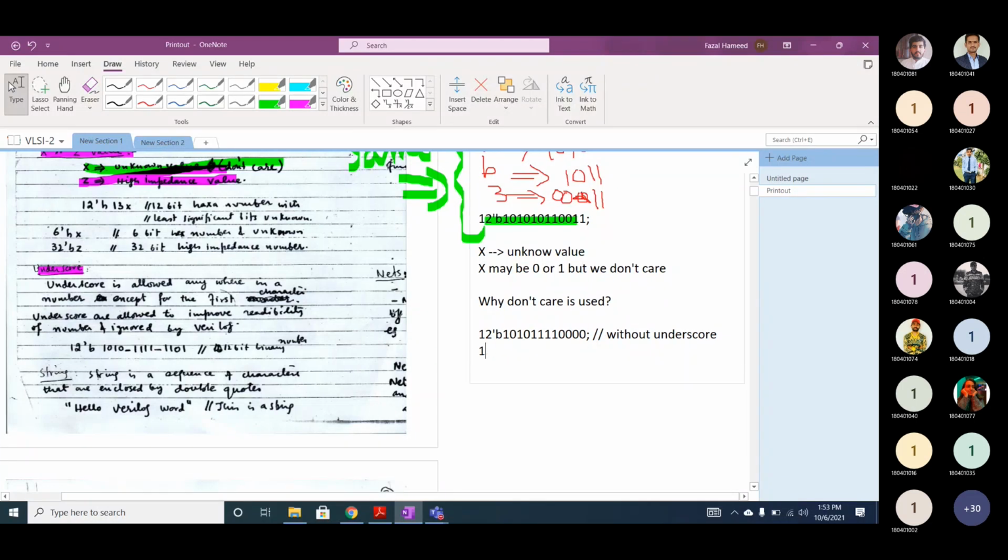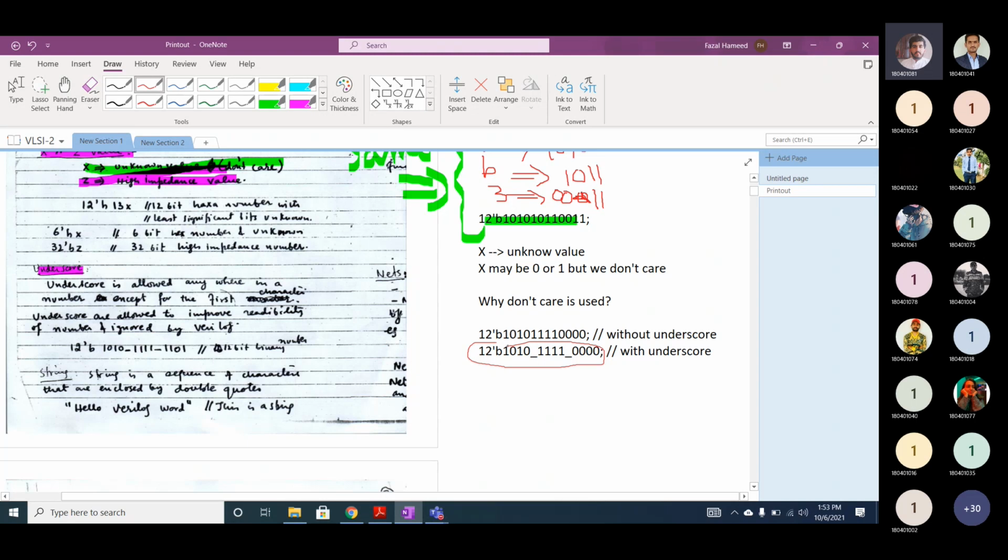If I have the same number 12B 1010 1111 0000 with underscores, which one is more readable? The one with underscore.